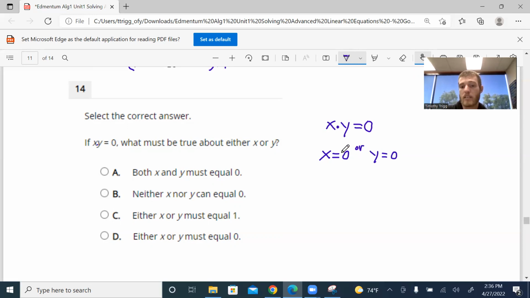Either x has to be 0 or y is 0. So one of them has to be 0 in this case. If this is true, then this has to be true. Either x or y must be 0. They could both be 0 also, but